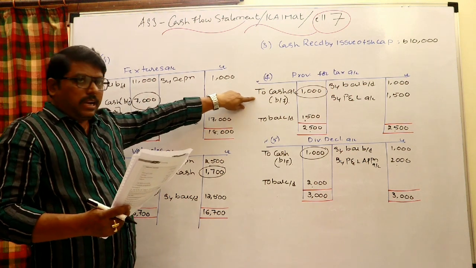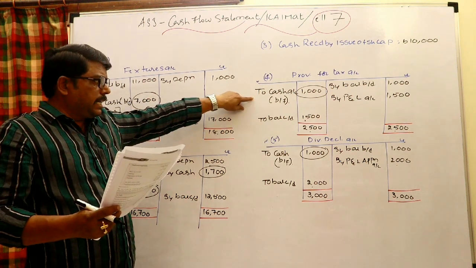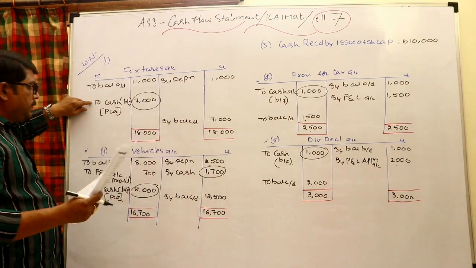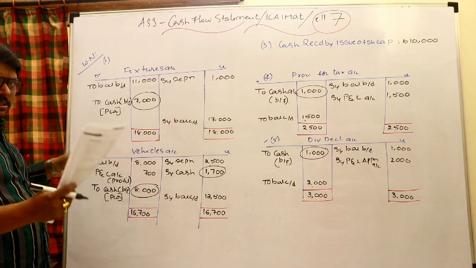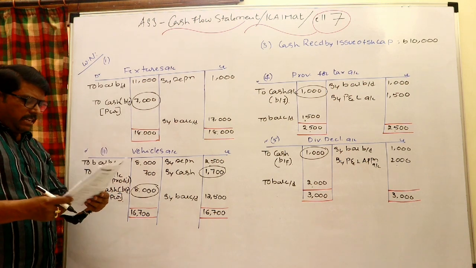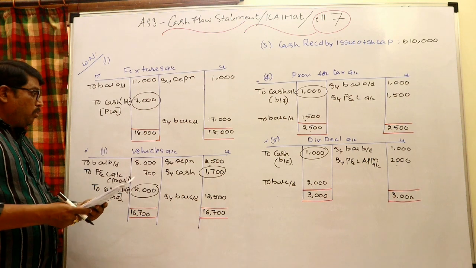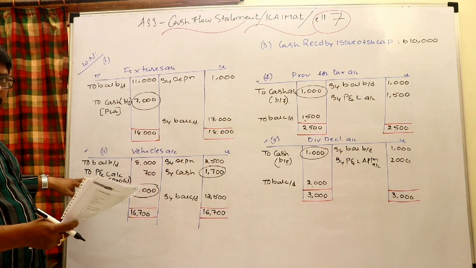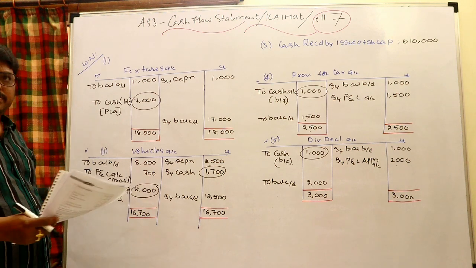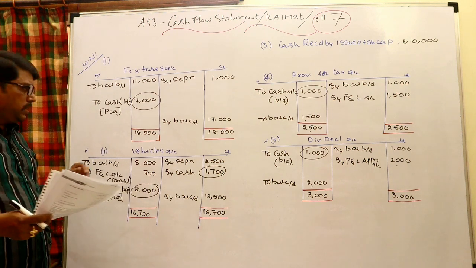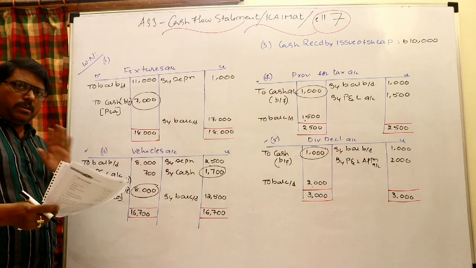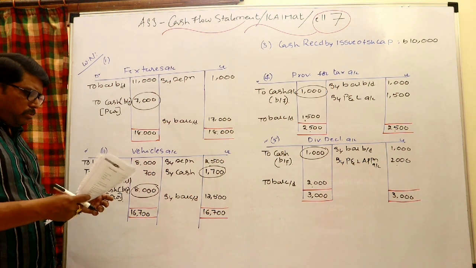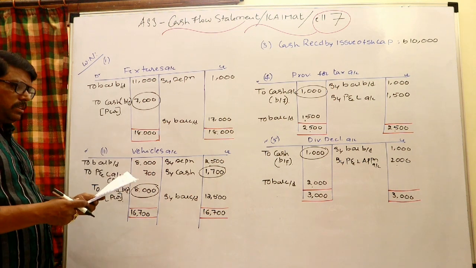So this is an operating activity, deduct tax paid from operating activities. Dividend paid is to be shown as a financing activity, and asset purchase and asset sold, received and paid, both should be shown as investing activities. Moreover, very importantly, whatever profit is taken, profit on sale of vehicles, it should be withdrawn from the operating activities because it is a non-operating activity, but need not be shown anywhere because it is automatically incorporated in the sales amount. Okay, now this is the way to finish the working notes.